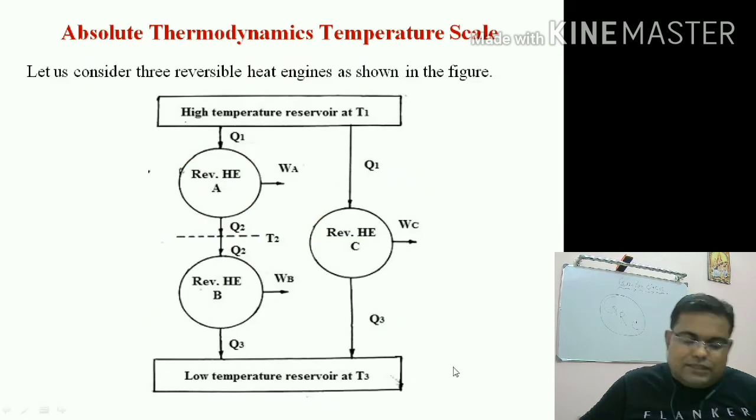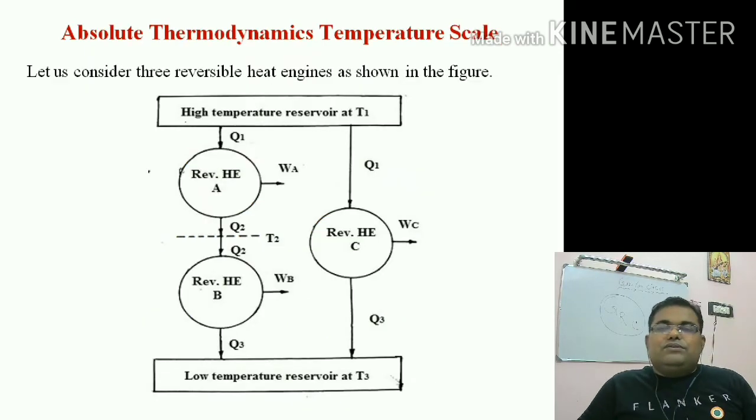So let us consider 3 reversible heat engines which are working in this way. 2 reversible heat engines are working in series, and another third heat engine is working independently between the given source and sink temperature. So there are 2 reversible heat engines which are coupled in series between high temperature reservoir T1 and low